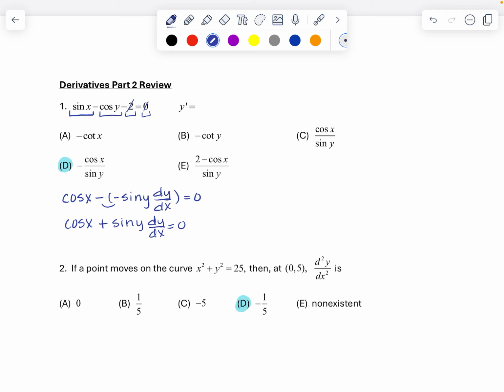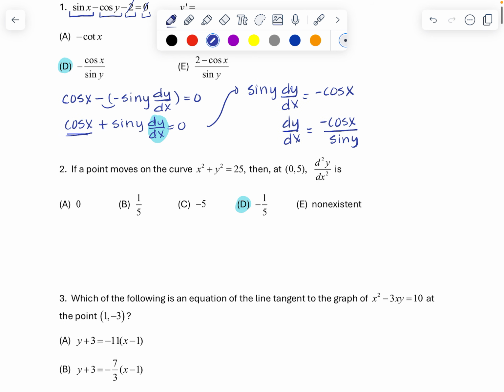Then I want the dy dx all by itself, right? So let's get rid of the cosine of x first. So I'm going to move this to the other side. So it's going to give me sine of y dy dx equals, when I move it to the other side, it's become negative because I'm subtracting it. And then I'm going to divide both sides by the sine of y. So dy dx is going to be negative cosine of x all over the sine of y, meaning that D is my answer. Okay? All right,